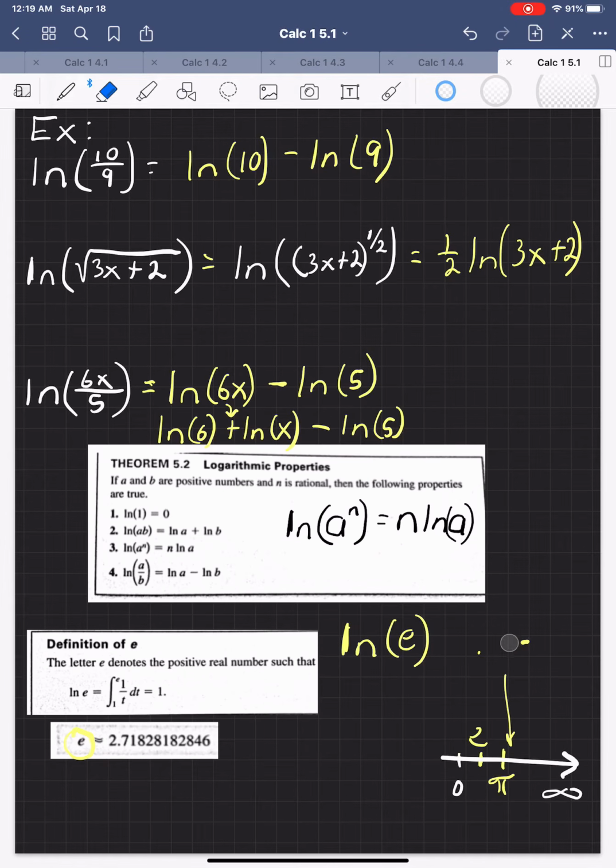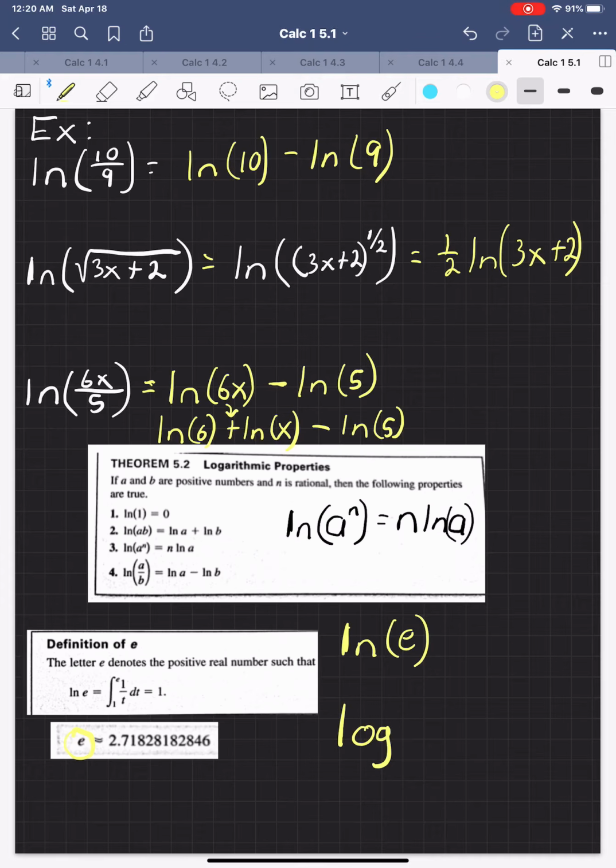Your natural log is just a special logarithm. It's just a log with a base of e. So really, what we're saying when we say ln of e is 1,